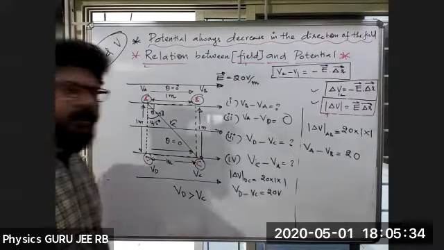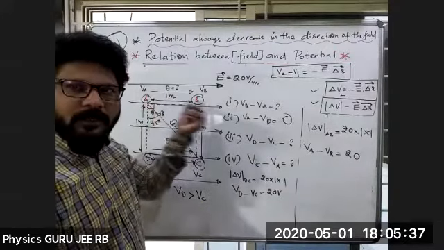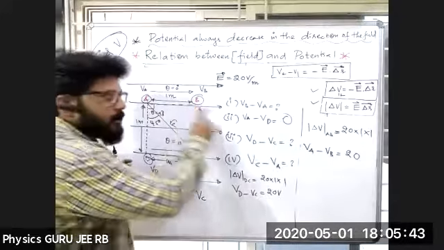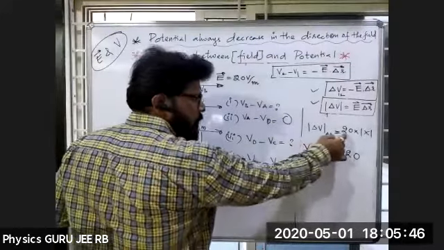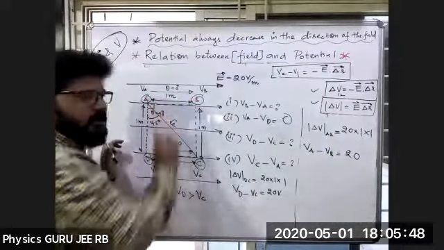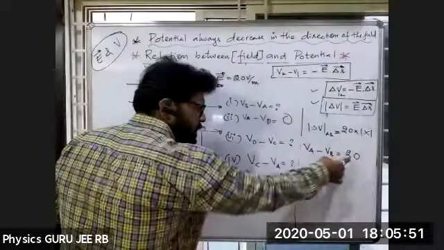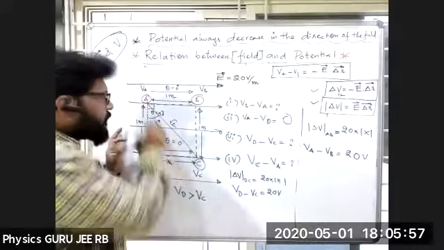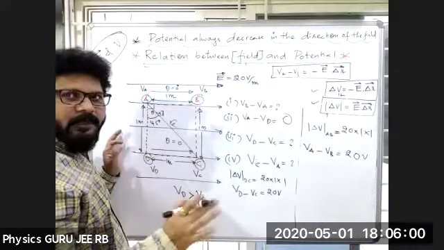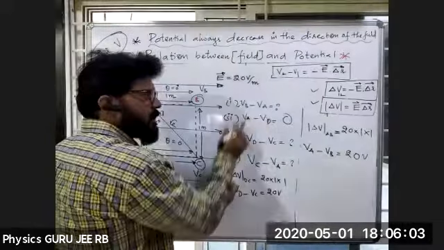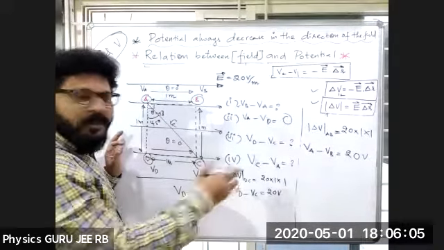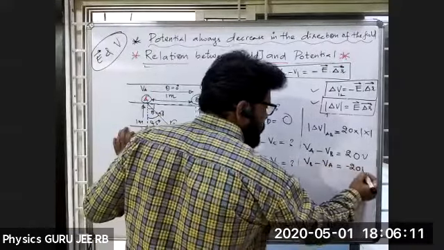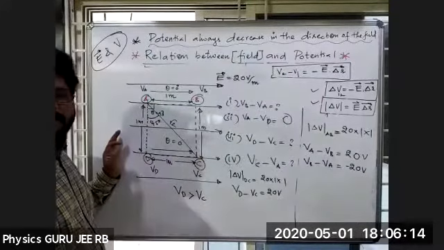Again, just see, if I want the potential between A and B, we'll take the charge from A to B. Then the potential between A and B is 20 into 1 into 1, because theta is nothing but 0. So simply you write VA minus VB is equal to 20 volts. So VA is greater than VB. Definitely it is positive. But what is asked is VB minus VA. Reverse it. VB minus VA will become minus 20 volts. So the answer will be minus 20 volts in the first case.